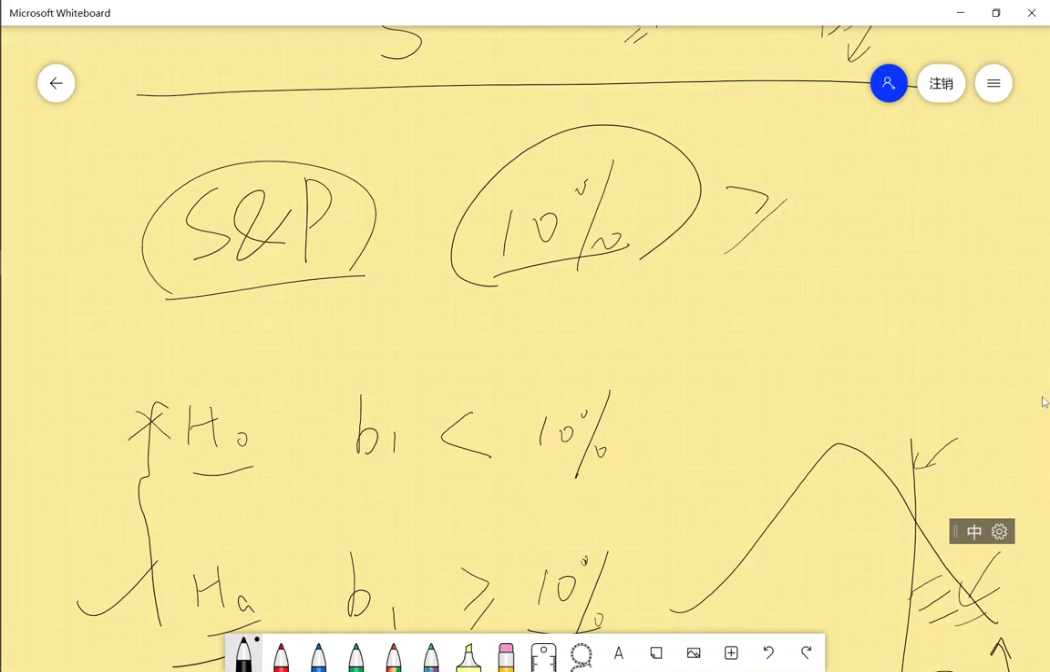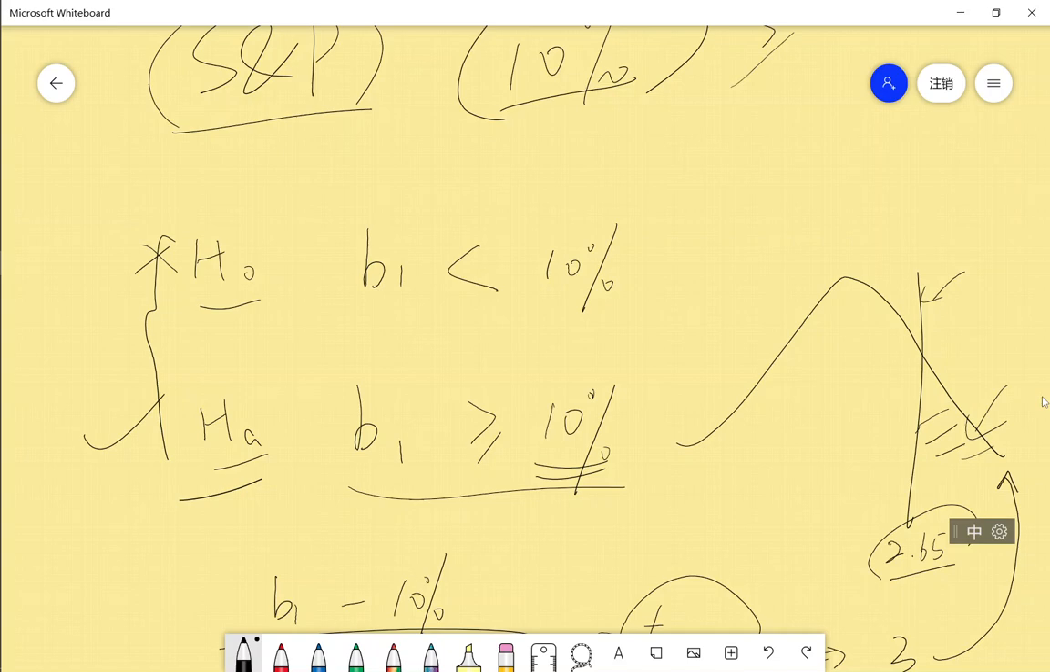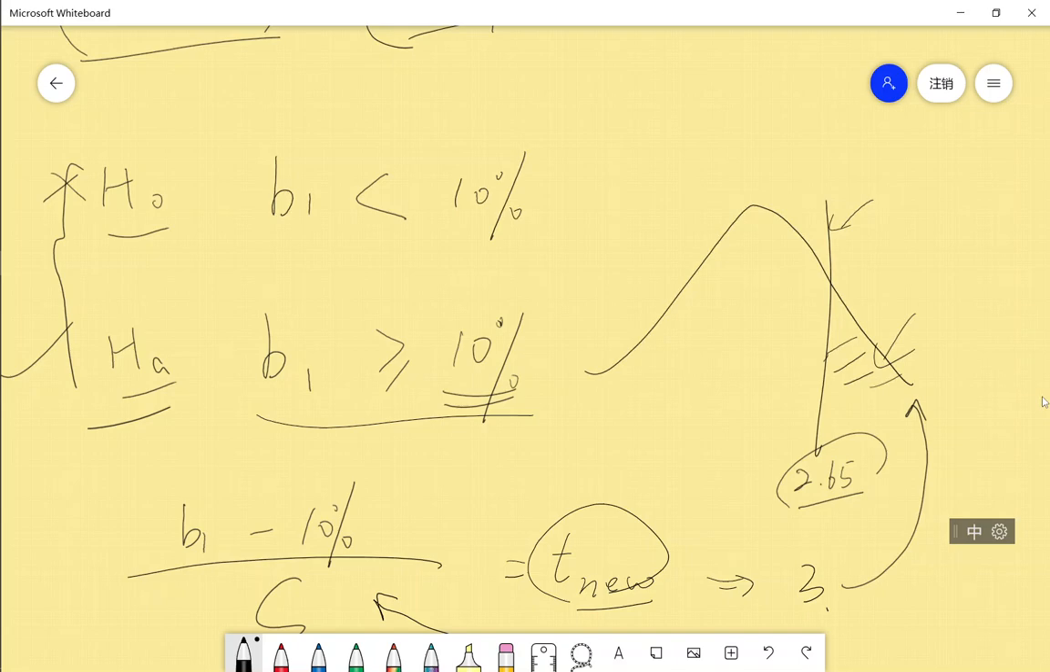Okay, so there are a few points you need to understand. First is that you always want to put the conclusion that you want to reach as the alternative hypothesis, and you reject the other half. And the second is if it is a one-tailed test, the tail that you want to think about is always on the same side as the alternative hypothesis. Okay,